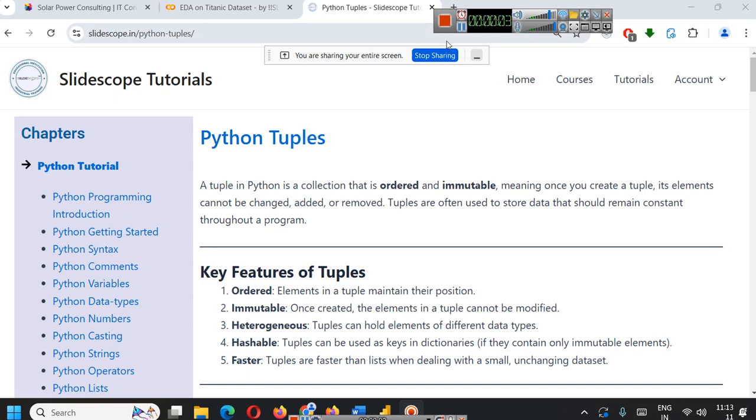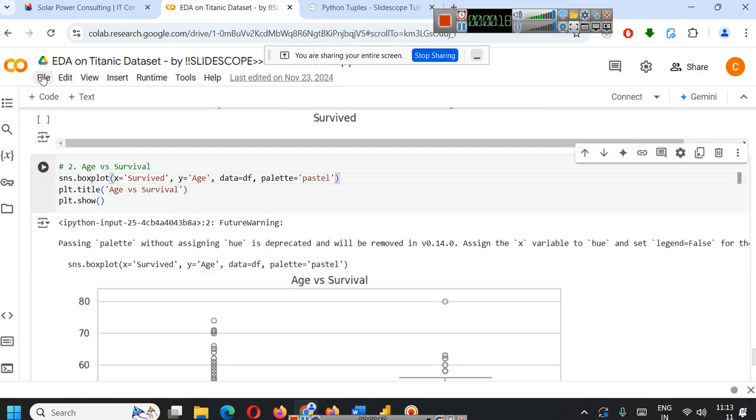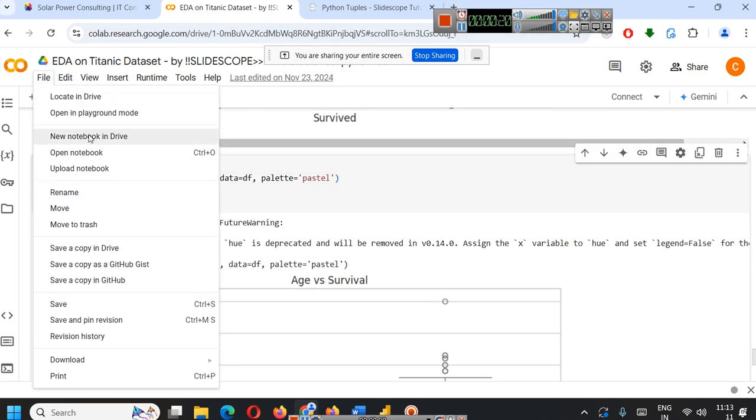So today we are continuing our data analysis class, and in our class today we are going to discuss Python tuples. In the previous example we discussed lists, and here we are discussing tuples. For that we will simply open a new notebook,